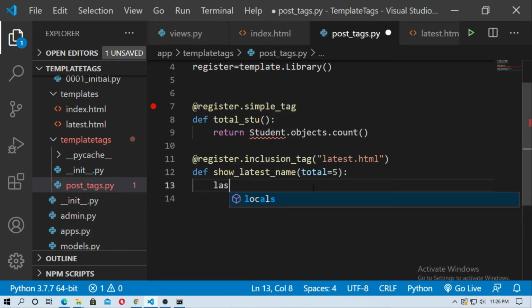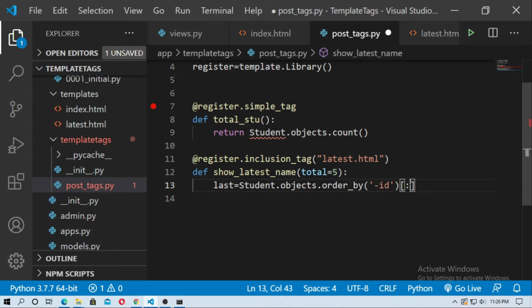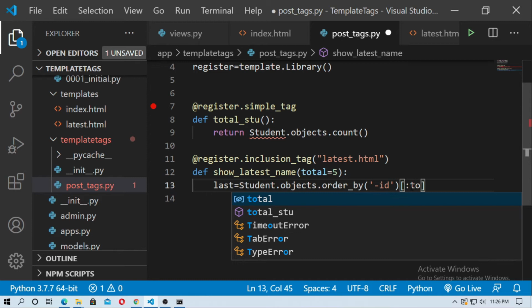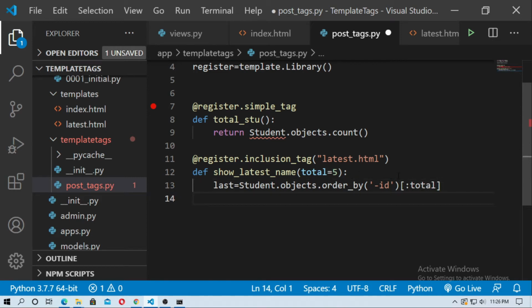Now create a variable: last equals student dot objects dot order by minus id, meaning order by reverse of id. Then use slicing and pass this total. The default value of total is 5, and we can pass this value from the template tag.